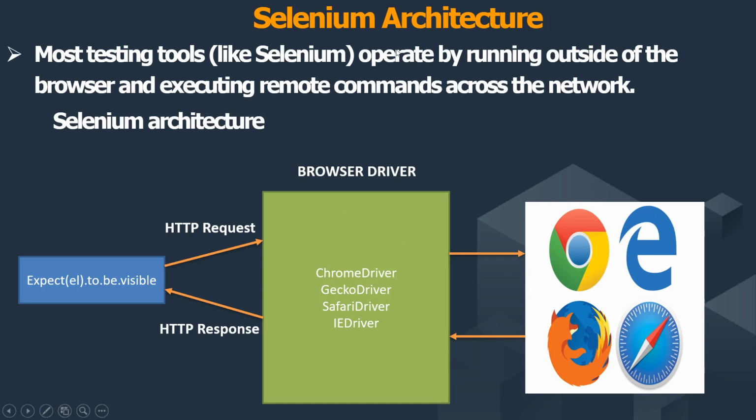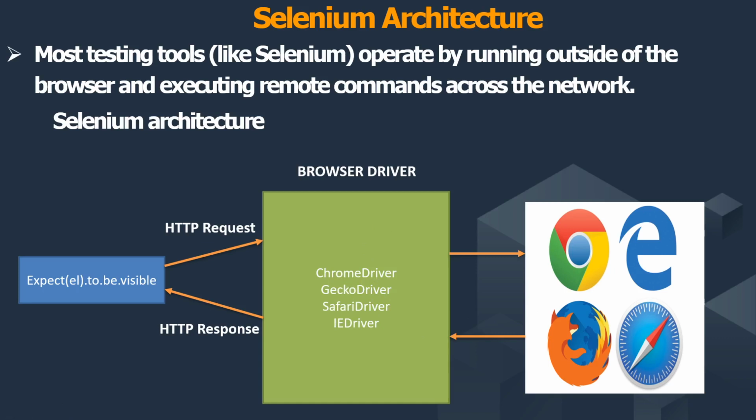Selenium or Protractor, any of the automation tools, sends the code to some driver, and this driver communicates to the browser. You click on any element, that request goes to the driver. The driver talks to the browser, and the browser sends a response. This response is then given to our Selenium. All this communication is done through requests and responses, and the driver talks to the browsers. And we have multiple drivers like Chrome driver, Gecko driver, Safari driver, IE driver to support all these browsers.